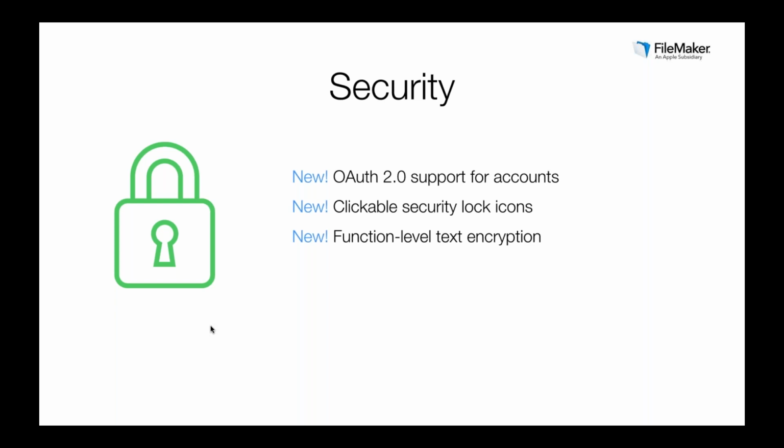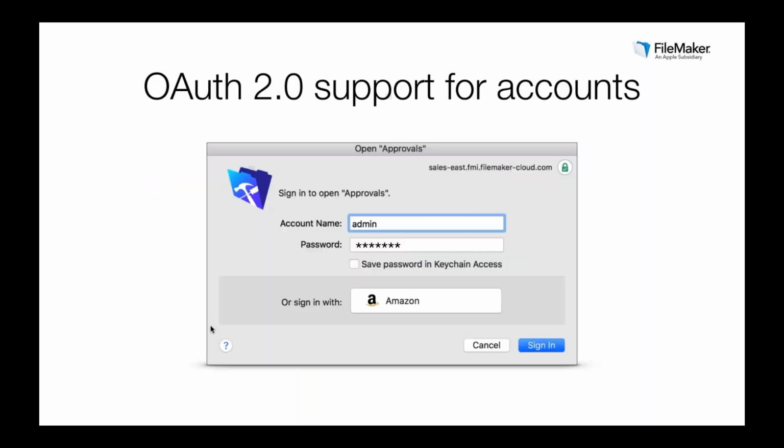Clickable security icons. Oh yeah. So let me go here. Amazon is another one. So Amazon, Google, Microsoft Azure account credentials to log into your FileMaker-based custom apps. And there's going to be a session on this, on all the external authentication options with a focus on OAuth from Wim to Court at